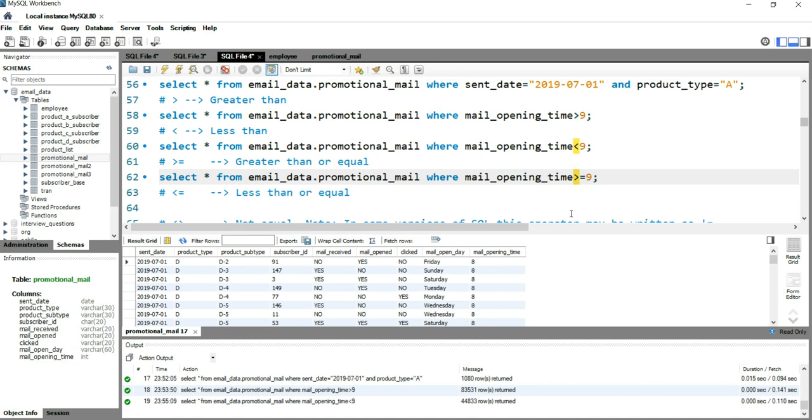Remember earlier we got 83,531 records for greater than 9. Now we are including equal to also in this query, so this query should return more records than 83,531. So let's test it out. I ran this query and I got 89,089 records. Great. So this is how we use greater than or equal to.